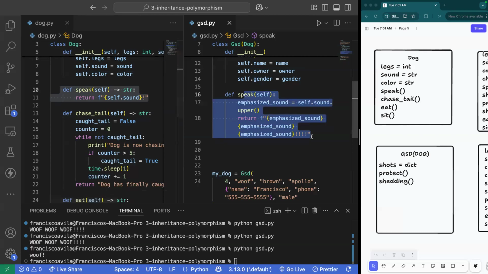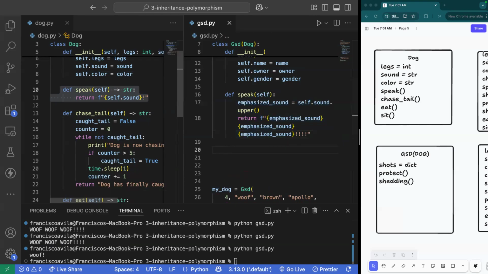Okay, so let's go into chase tail. Let's rewrite this method of chasing the tail, where a German Shepherd is able to catch his tail within 3 seconds. How can I do that? All right, I'll go ahead and call on people. Kino. You want to use a timeout? All right. How would I go into defining? Oh, okay. I thought you were trying to maybe use the sleep method, but you want to define a function, basically using def, and the name of the method is going to be